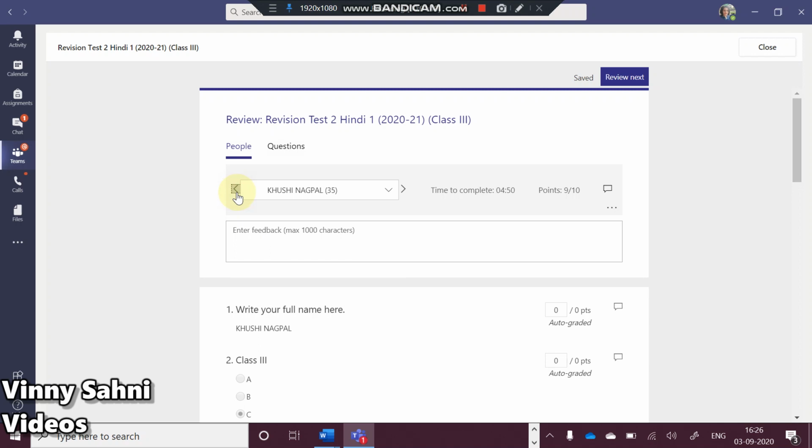So what I do is I just probably type it here, and then whoever has got say 10, we just click on this arrow. Okay, we go to the next page as well, and then we can just copy paste the same comment, right? So this is how we do it. Okay, so you can see that this is the arrow. Okay, this arrow, and you obviously have to do this manually.